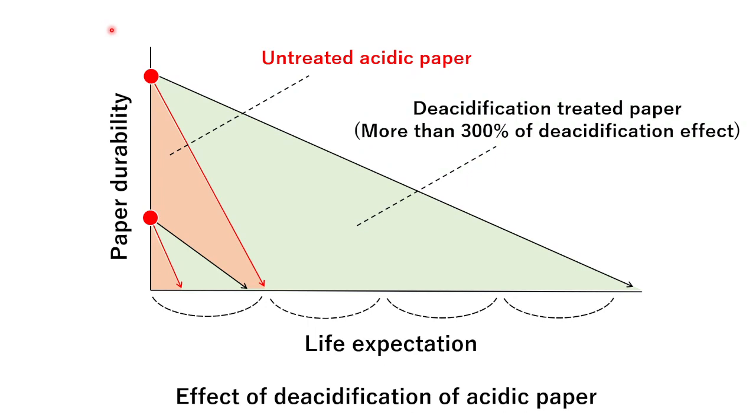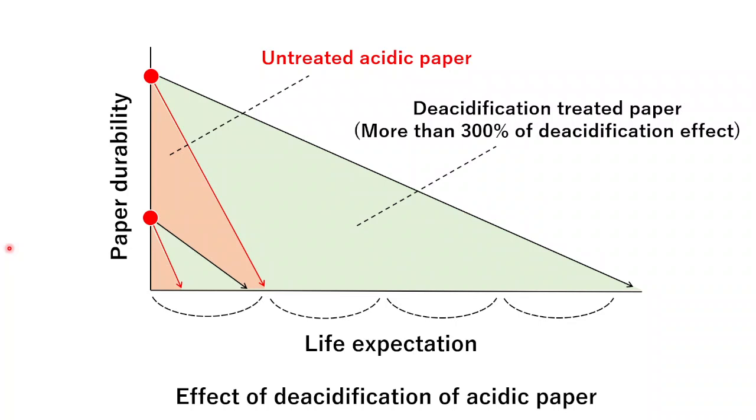Nevertheless, let's look at the effect of the large amount of deacidification treatment currently being carried out. The paper without deacidification, indicated by the red area, decreases in durability rapidly, but it can be expected to extend the life more than 3 times in the deacidified paper, indicated by the green area. However, the effect of deacidification varies depending on the quality of the paper. The less durable the paper is, the less effective it is, which means the cost effectiveness of treatment increases by processing deacidification before acidification becomes serious.